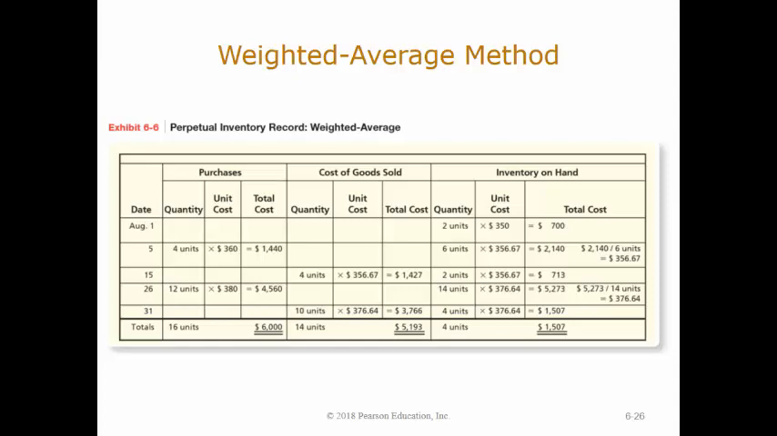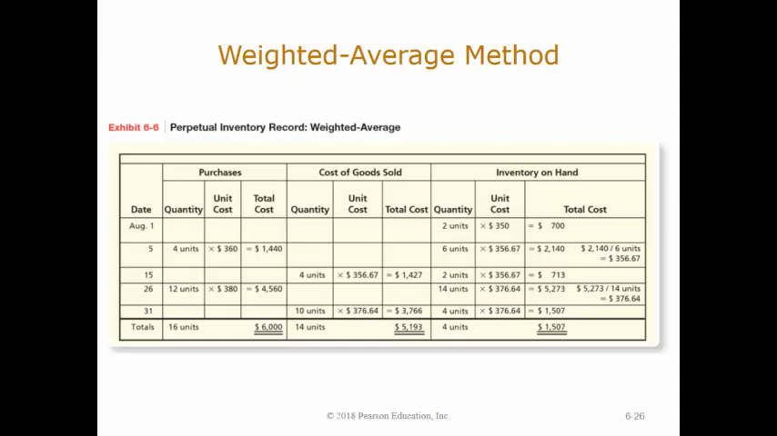For purposes of removing items from inventory, we will cost those sold units at the current weighted average cost per unit, or $356.67 per unit. This will remove $1,427 from inventory, $356.67 times 4, leaving $713 in inventory. The remaining 2 units are valued at the weighted average cost of